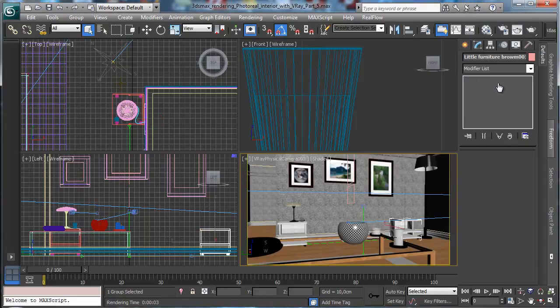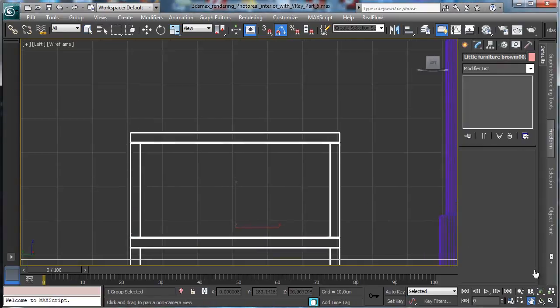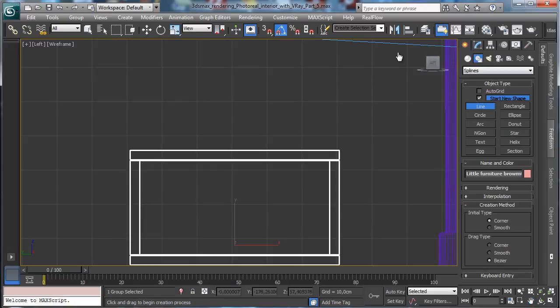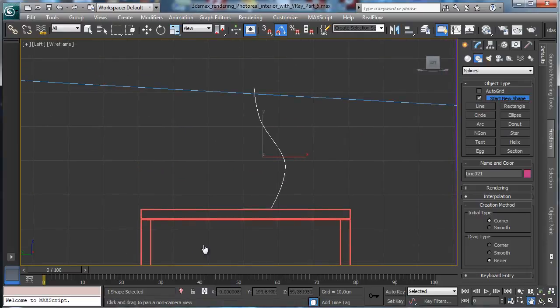So let's pick this one, zoom, and we can create a vase model, and we'll try to do something interesting. So we'll do a simple shape. Let's go for a curve. Let's make something like that. And then a curve. Okay, so let's move